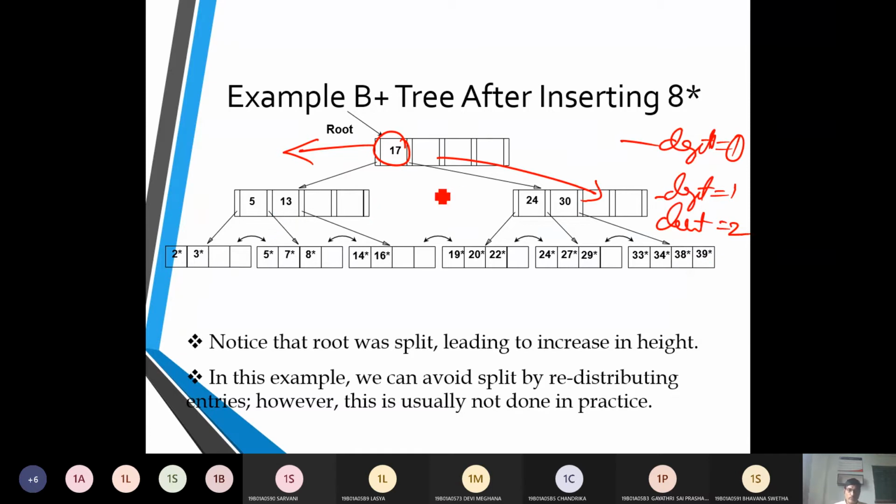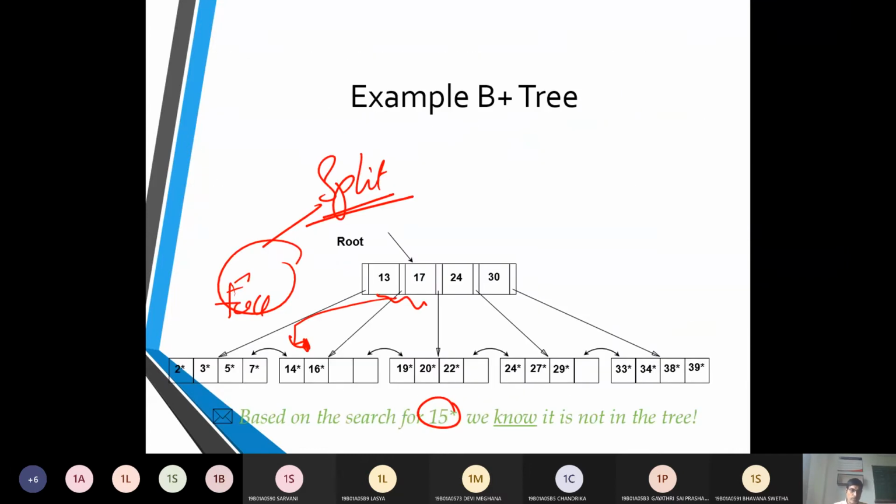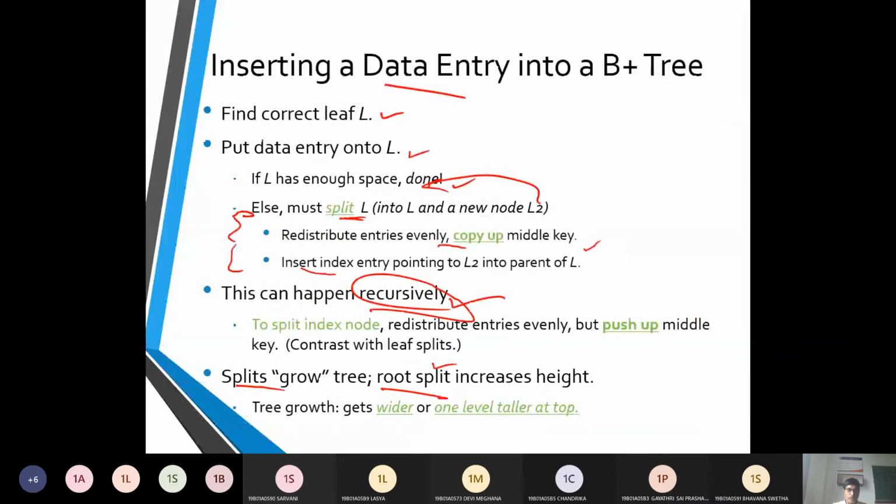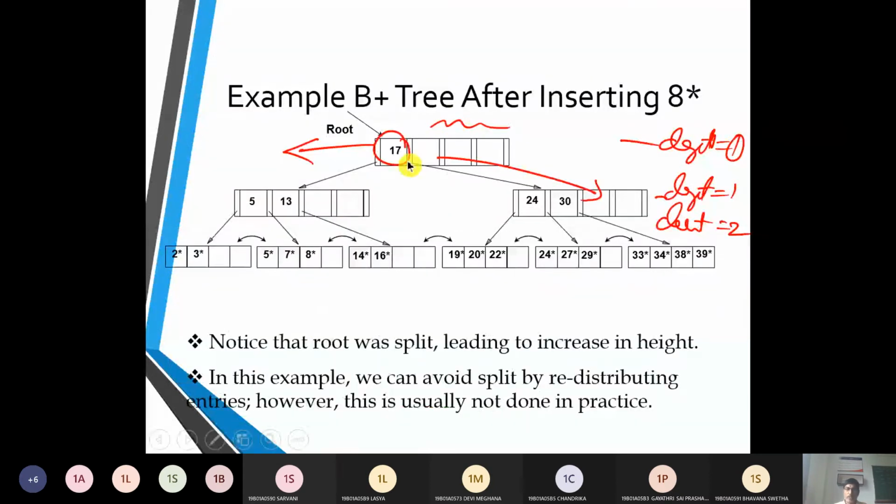The 5, whatever things were in the earlier part, we were saying 13 is there, 17 is there, 24 is there, 30 is there. So what happened to these elements? Where are these elements pushed? These elements are pushed due to one entry at the leaf node. So now there is a restructuring, a redistribution of the content, and a split is going to happen.